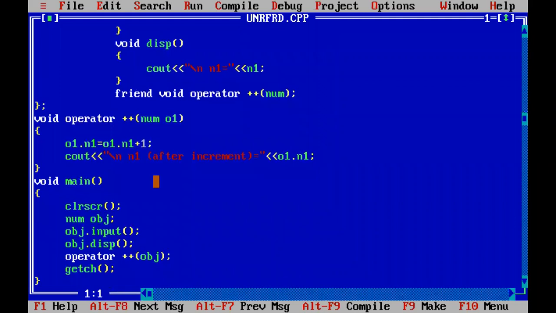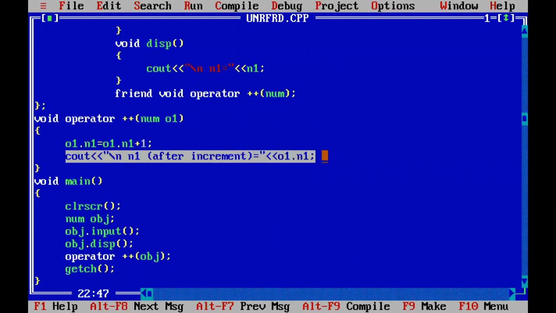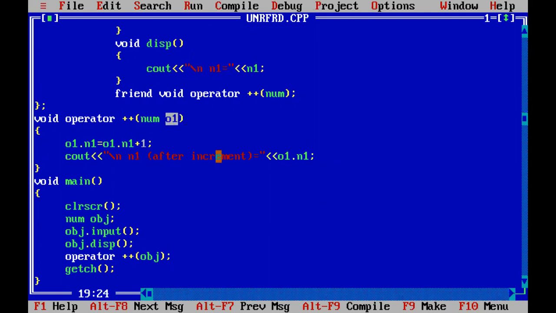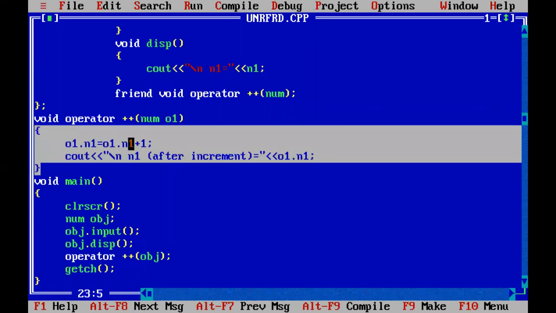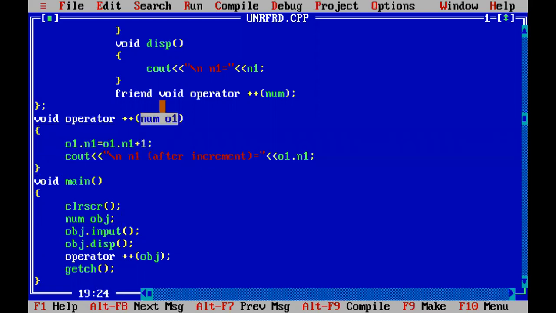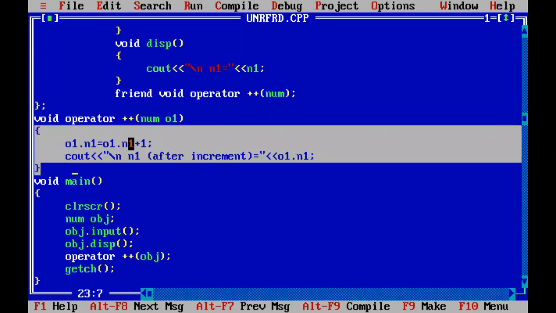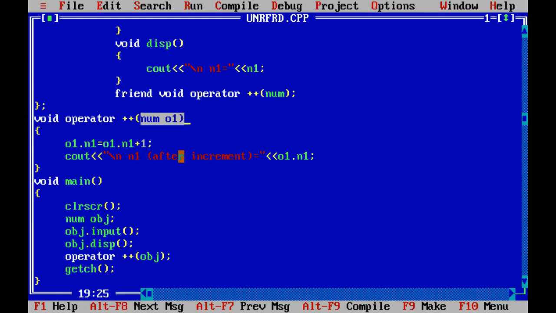Are you getting why I'm going to print the value of n1 over here? Because o1 is the local object, means its lifetime is in between this function only. After this function it will get destroyed because it is a local object. Its lifetime is in between this function. So there is no existence of o1